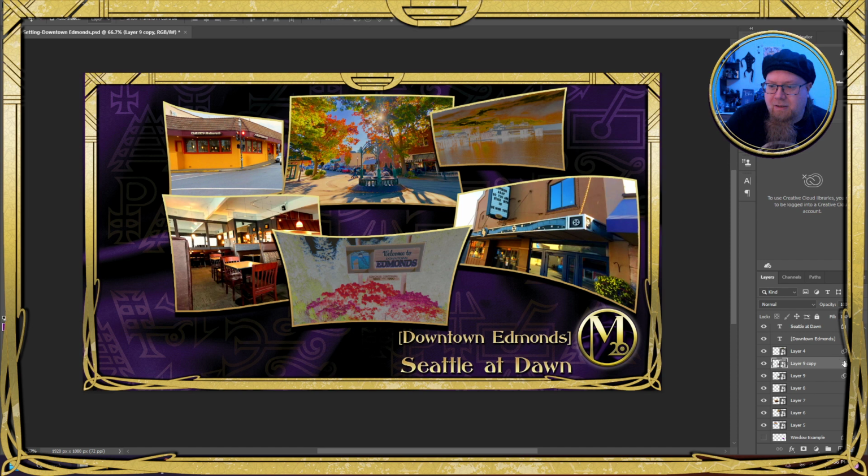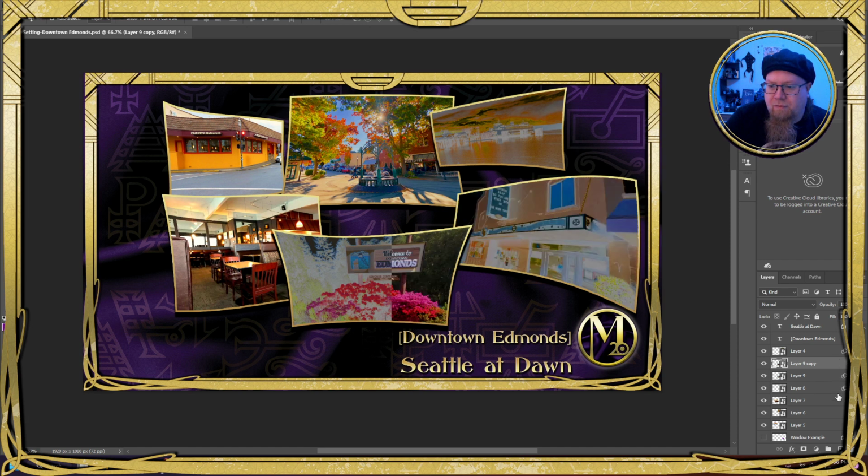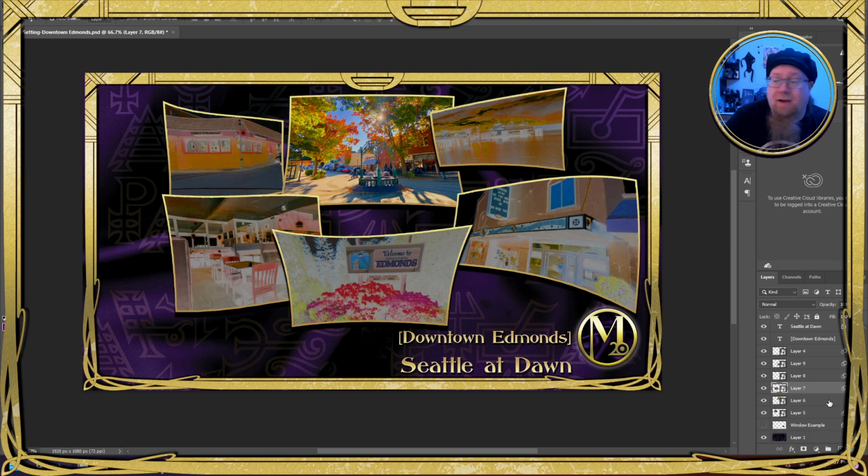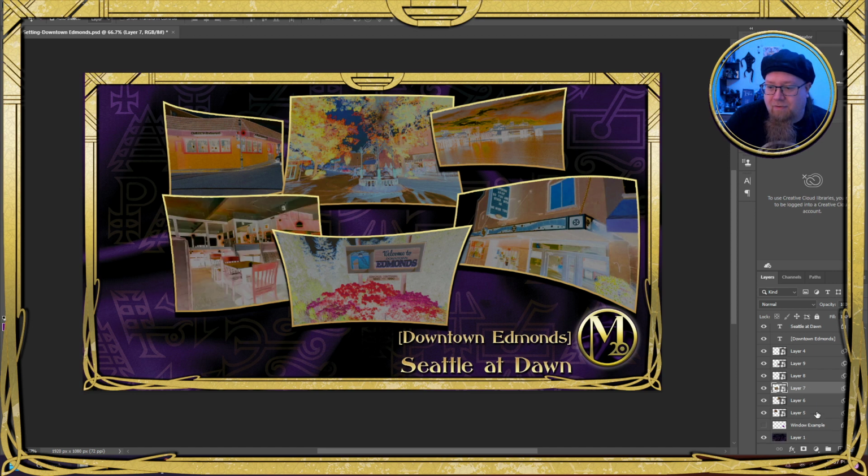So copy, move, delete, copy, move, delete, copy, move, delete. And if there's a faster way of doing that and you happen to know it, I am not too proud to beg. So yeah, if you can, leave a comment and show me or tell me, hey, there is a way of copying smart filters. Here's how. I would really like to see that.